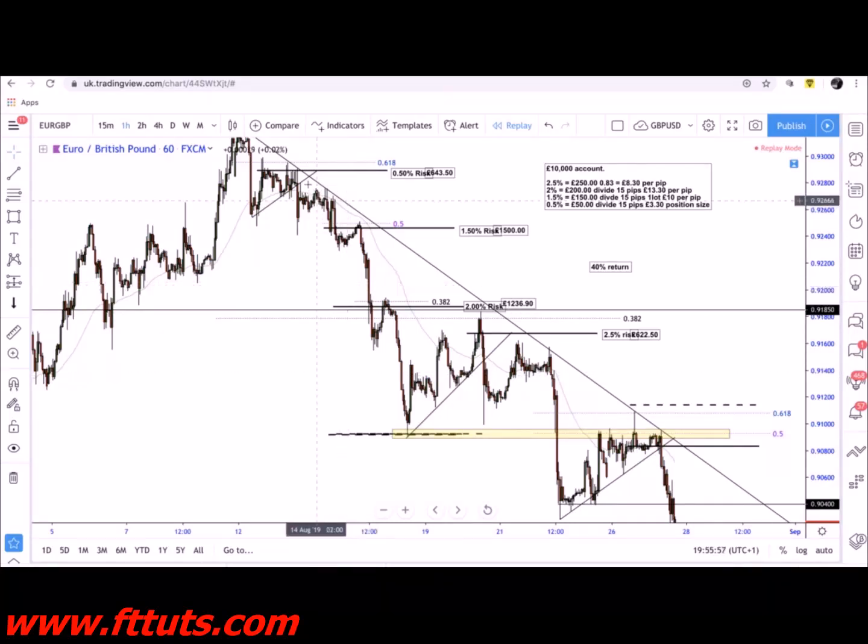What you could have done is, on this position here, you could have taken off 0.25. On this position here, you could have taken off 0.75. This position here, you could have taken off 1%. This position, you could have taken off 1.25%. And you can actually take partial profits on the way down, but try and leave all of your positions within